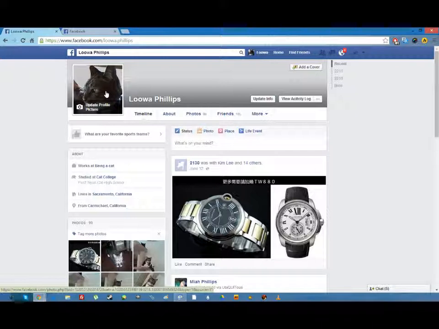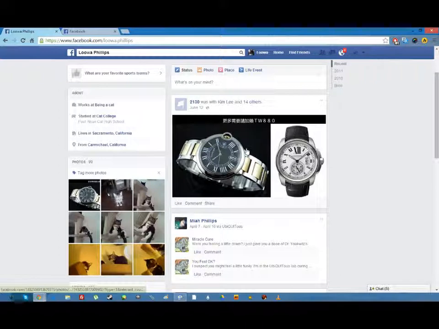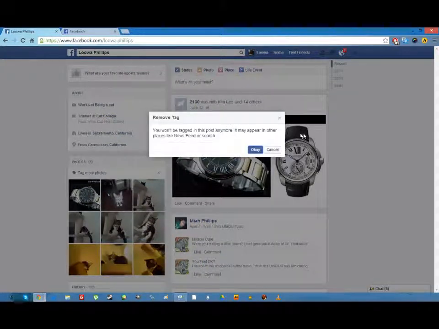It has nothing to do with me, but they tagged me in an effort to probably cater to me as a possible consumer or someone who has an interest in this particular watch or whatever. I don't know who they are and I'm not interested. So what I can do is remove the tag